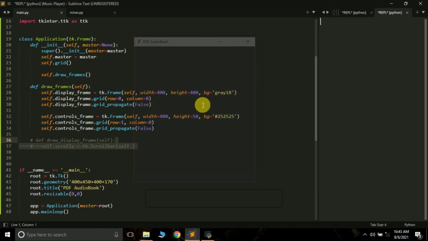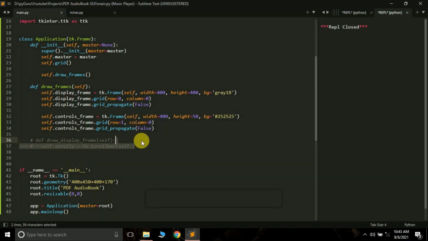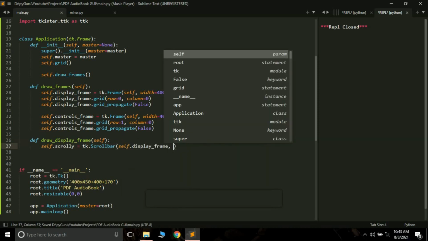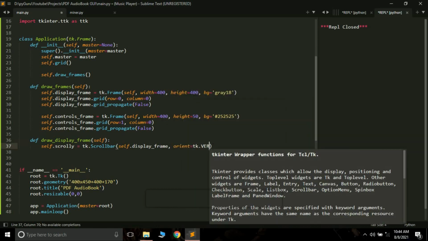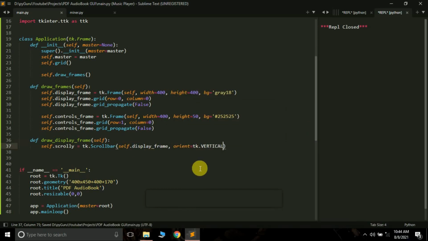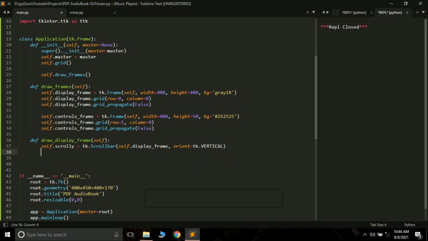Okay, done. So yep, this is it. So self.display frame. This is our parent currently. Now the orient you have to pass is tk.vertical. See, since we want to create a vertical scroll bar, we have to pass tk.vertical. Okay. Now you have to place it.